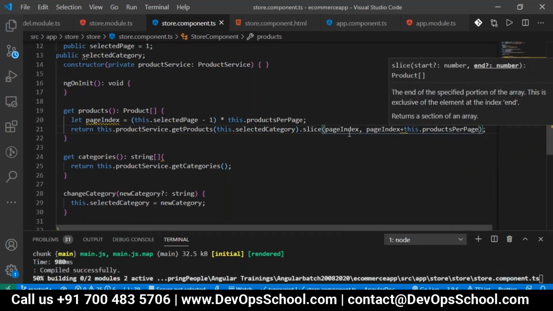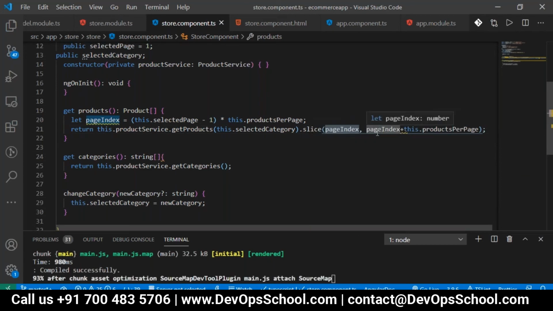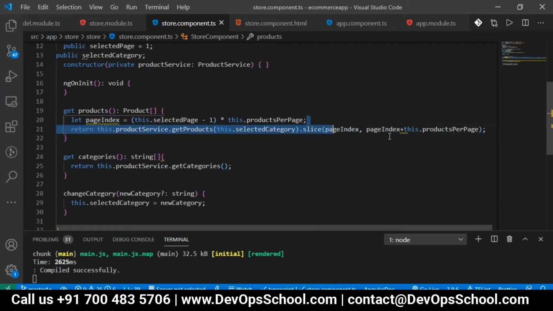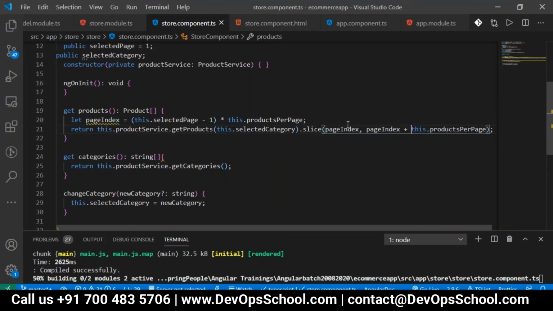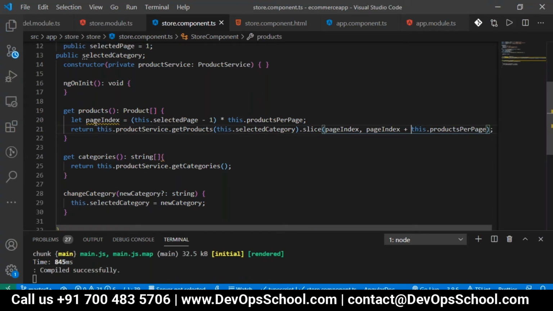If you have a page index of 1, it will take 1 plus 4. Then if the page is 2, it's 2 plus 4, which will be 8. Like that the products will be picked. That's what we have written here, the slice method to get the section of the array.